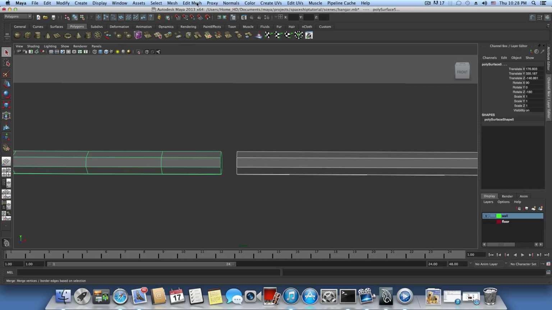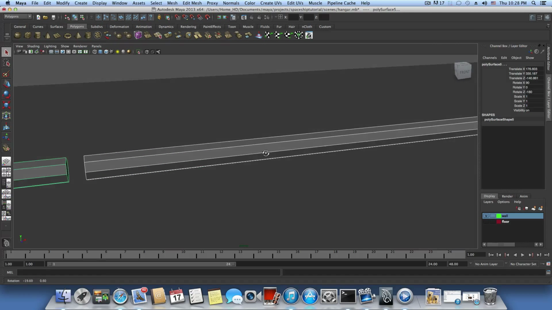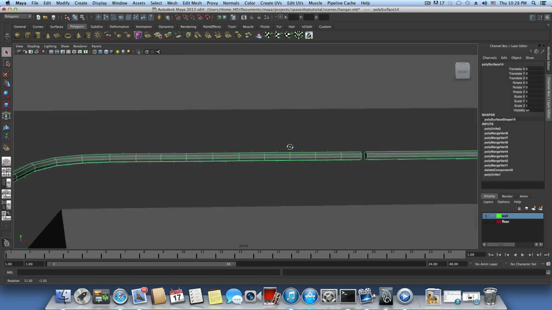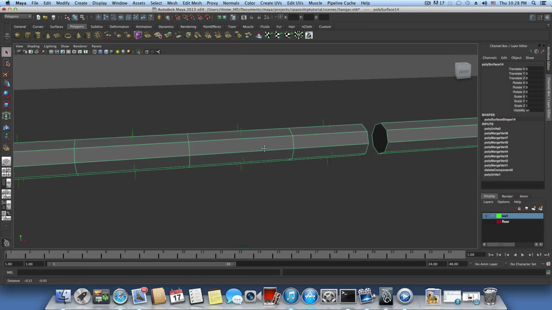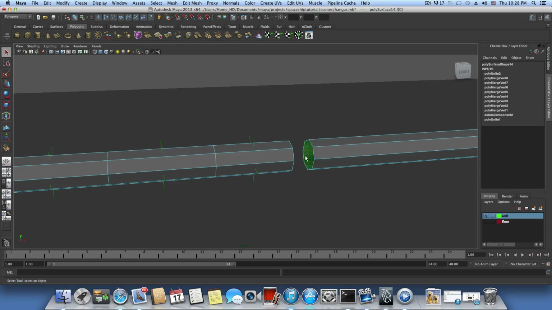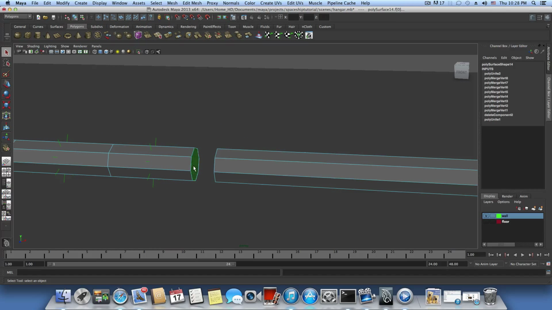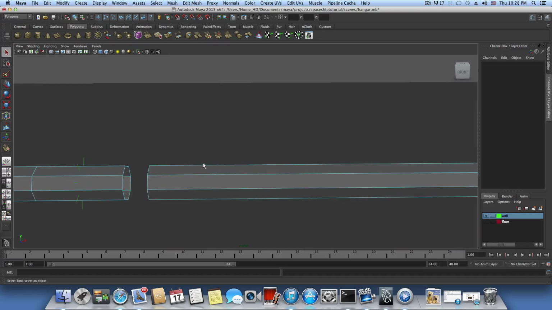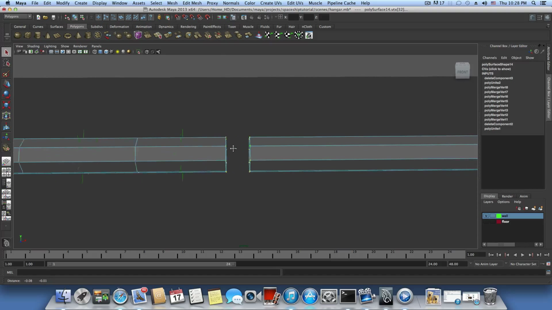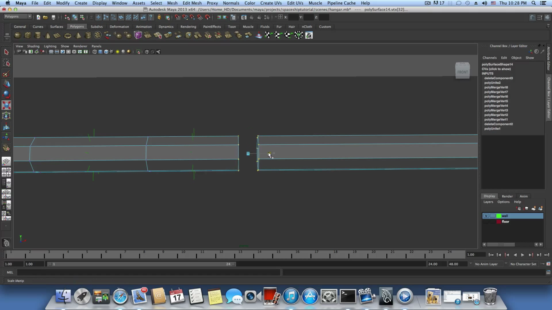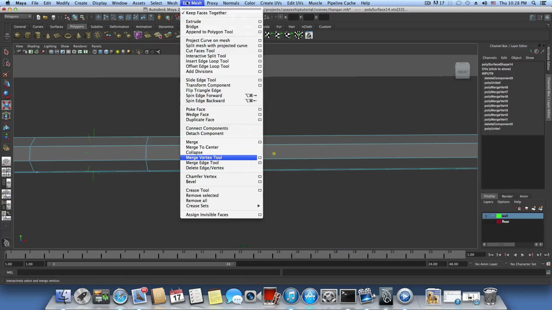first combine them, those two. Now this is one part, so I want to get rid of this face here and this face here and delete them. Now right click, choose vertices, and grab all those vertices and almost connect them like so, and then grab all of them together, edit mesh, go over to merge, click on this little box here,